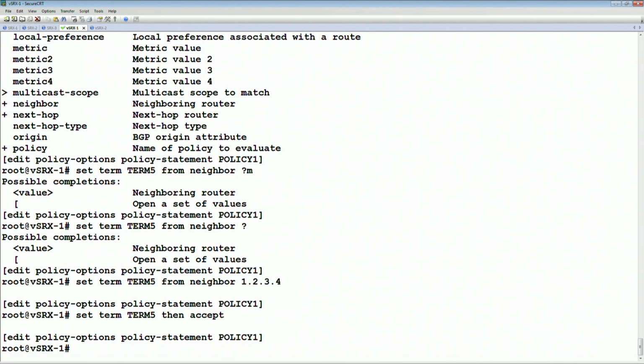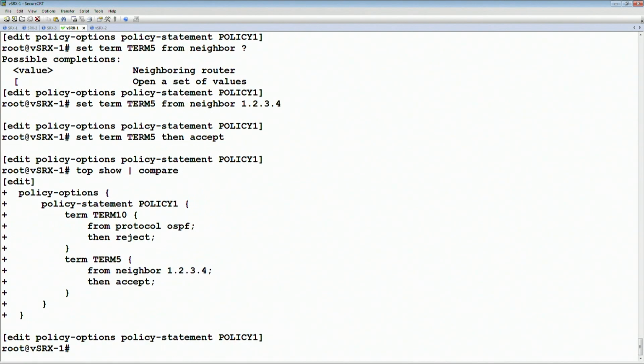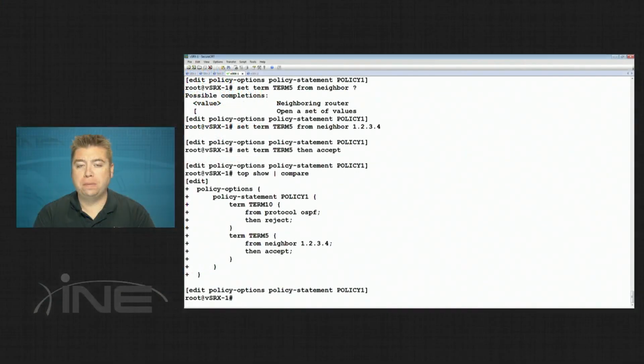If we do show | compare, we can see term 5 is now listed after term 10. So this means that if the route is coming from the neighbor 1, 2, 3, 4 and it was from OSPF, then it's going to get denied, because the second statement doesn't get processed if there's a match on the first statement. So once we create the new sequence, or essentially the new term, we can then insert the term